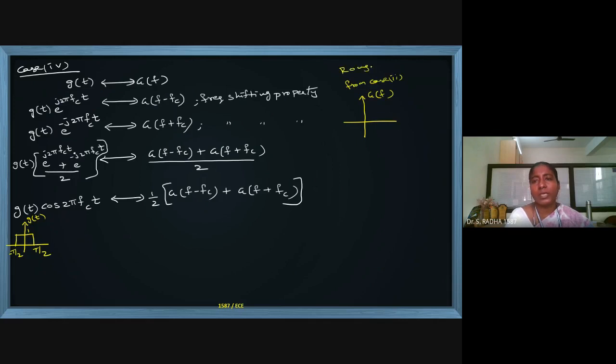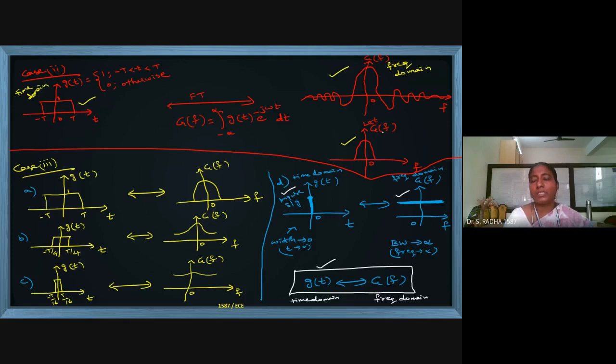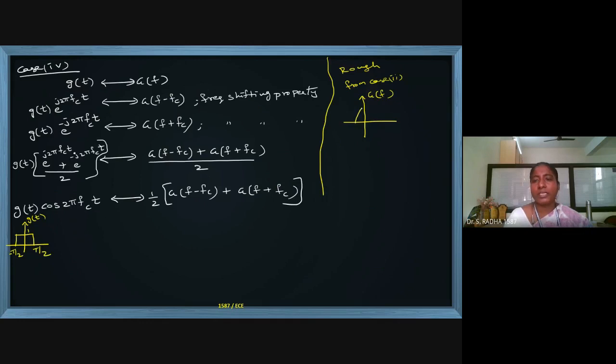All this I am doing rough. The actual diagram, I will do it. So, case 2 G of f diagram, you see the third tick mark. The diagram is only the center loop. Only the center one. This is G of f diagram. Now, how to draw G of f minus fc. The previous diagram, right shift fc units. This origin, center should go to fc. With respect to fc, you have to draw the diagram. This is G of f minus fc.